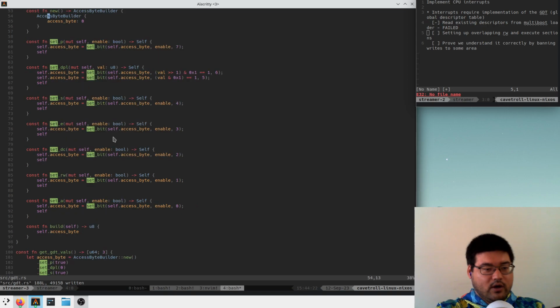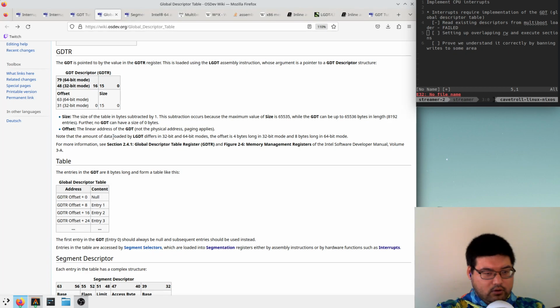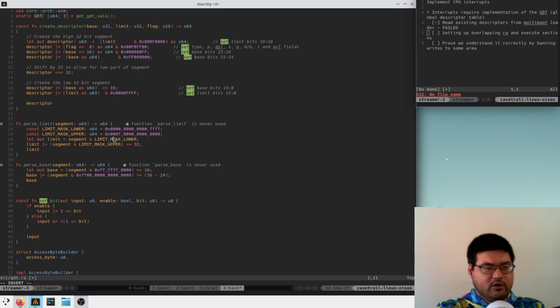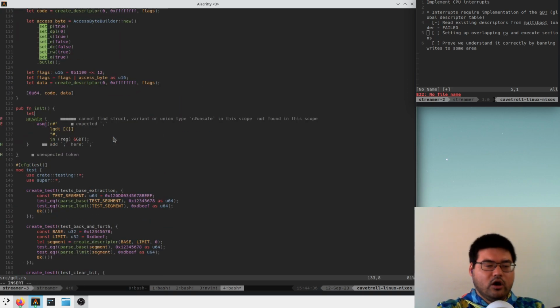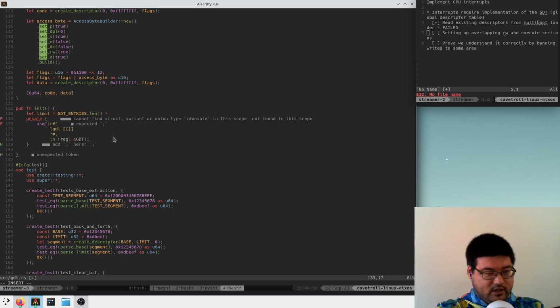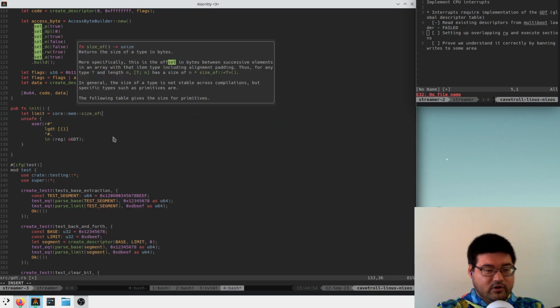And now in my init, I create a new thing. I'll call this GDT entries. I'll say limit equals GDT entries len times, I guess I can just say core mem size of